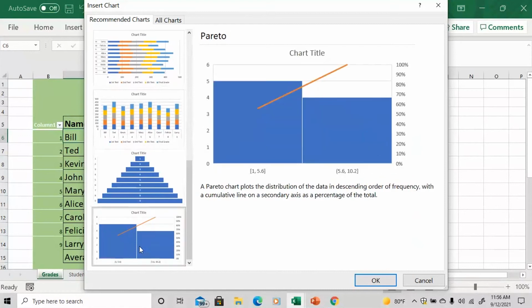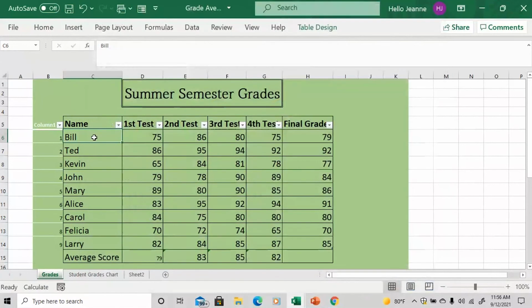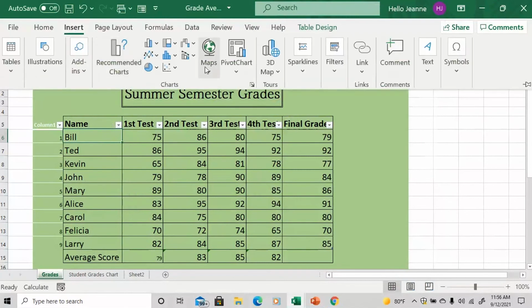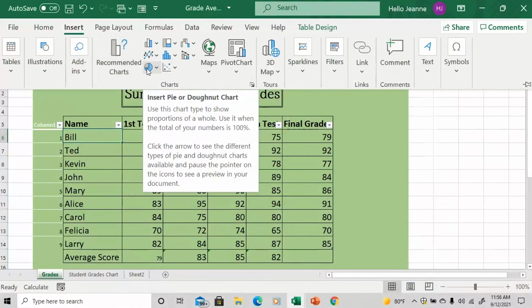And finally, we have a Pareto, which is definitely not going to work here, but it will show you the data in descending order of frequency. That's what it's basically trying to show us. So I don't like any of those, so I'm going to cancel. Again, my cursor is staying in the data. Go back up to Insert, and I didn't even show you the pie chart, but the pie chart would not help us here